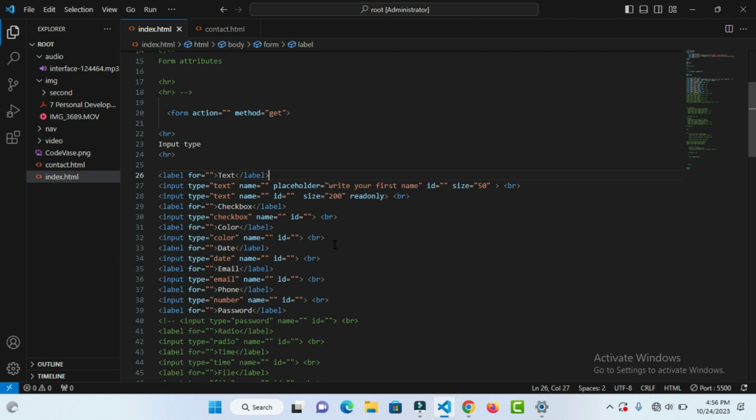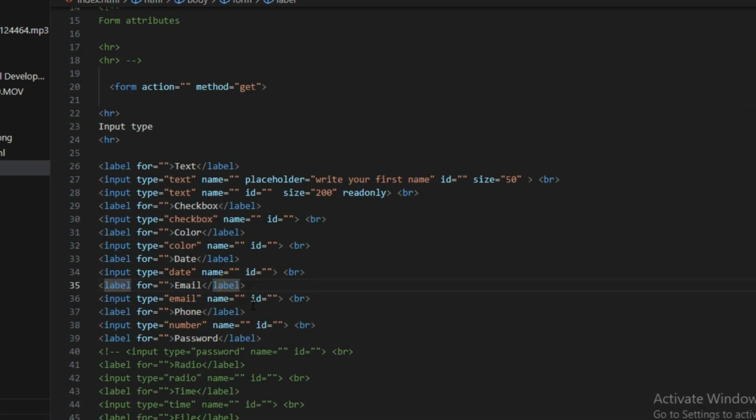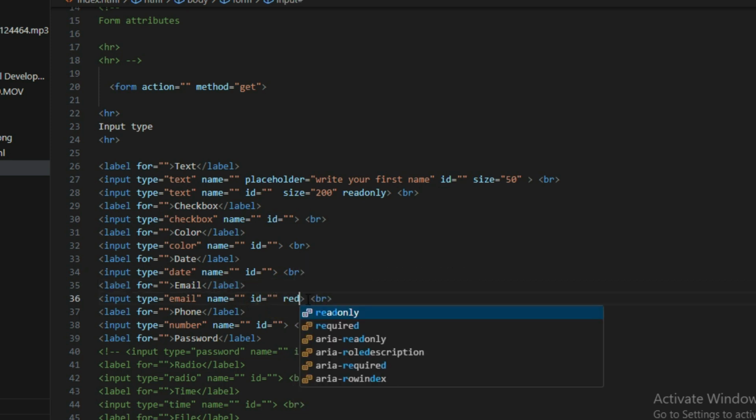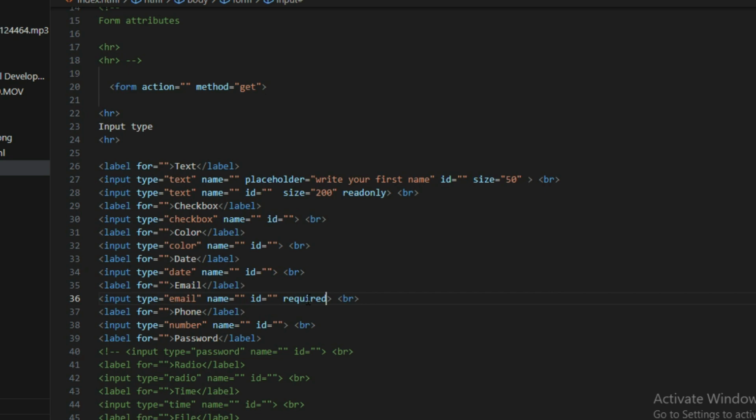I think we also have required. Required means that you must fill that input before you can submit. You must fill it. Let's take for example now, if I come to this input and say required,